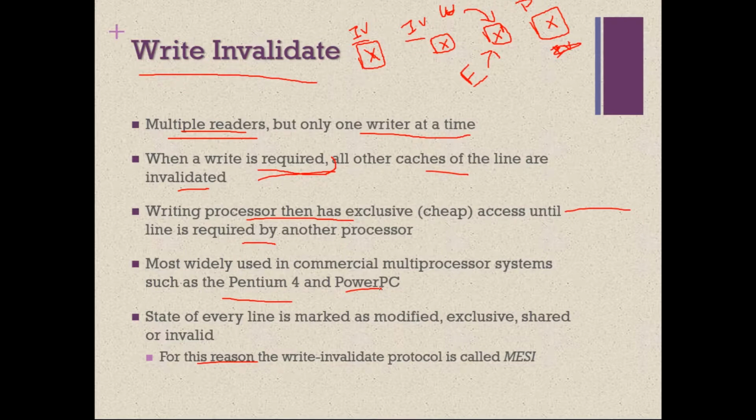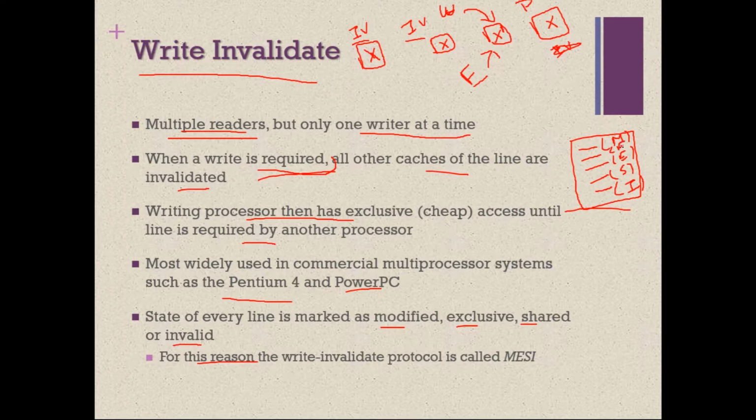Here every line in the cache will be in any one of 4 states. If the cache contains 100 lines, each of the lines will be in any one of the 4 states. These are modified, exclusive, shared or invalid. Every line should be marked. Maybe some lines will be in the state modified, some in exclusive, some in shared and some in invalid. But each and every line should be in one state or another. There cannot be any line which is not associated with any state.